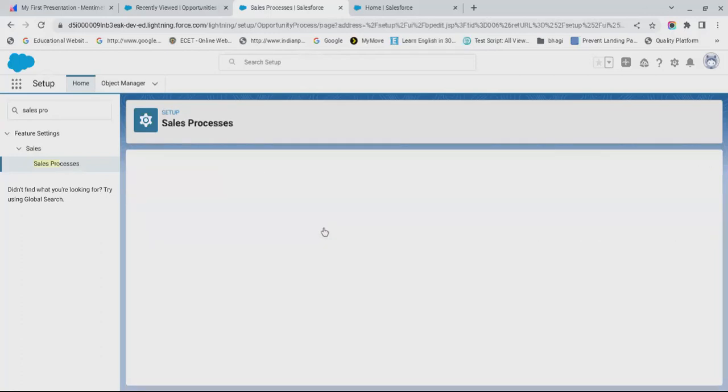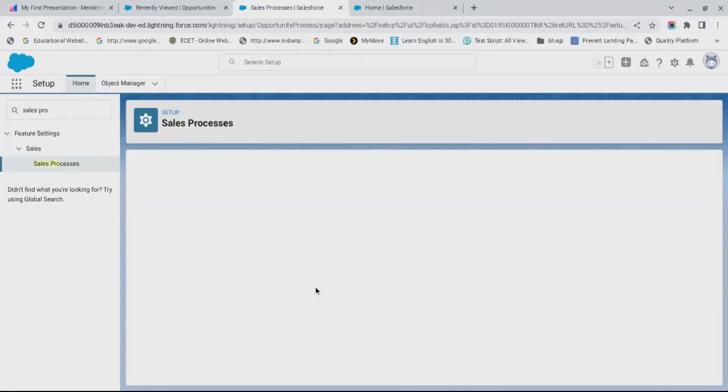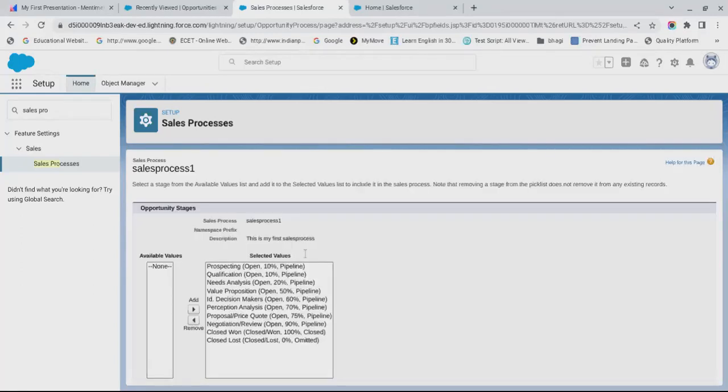So I'm just clicking on new here, and we can create. For example, I'm just clicking sales process 1. I'm saving it here. After saving my sales process name, automatically all my stage values are coming here because sales process can control